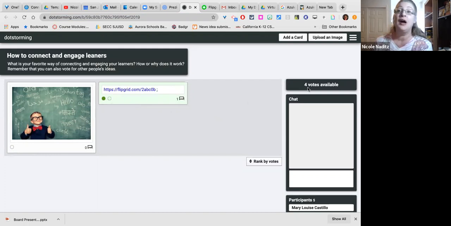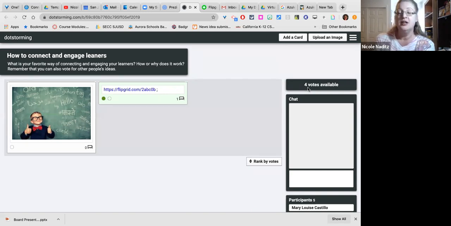So if there was a lot of content on here, you could vote for 5 different posts, but you can also choose to use all your 5 votes on one person's post, or you could give 3 votes to someone and then 1 vote to someone else and 1 vote to someone else. So this is a way of gathering input from your learners on whatever topic you all are discussing. They share thinking and then they can vote on each other's thinking and they can comment